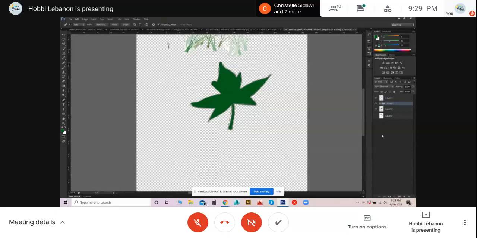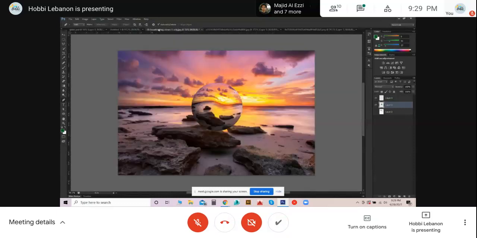Teacher, Najwa asked again, we use the pen tool to make a shape, then we change it to a brush, right? Yes, or you can choose anything. For example,